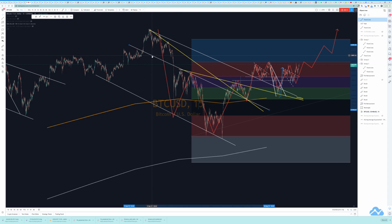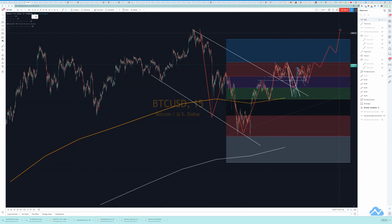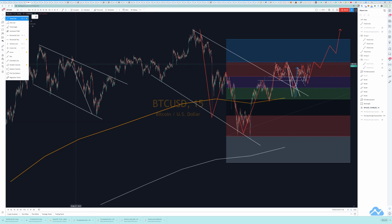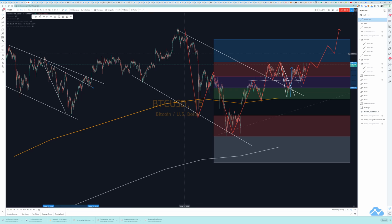And the final bit to this, if I was to get rid of it, actually, let's just move across to the left so I can make a point. That one. This broadening wedge, which pretty much started right there within the structure, found the test, and then broke up to the upside. Now, if this is a broadening wedge, a macro broadening wedge, we can do this, can't we? We can do that,